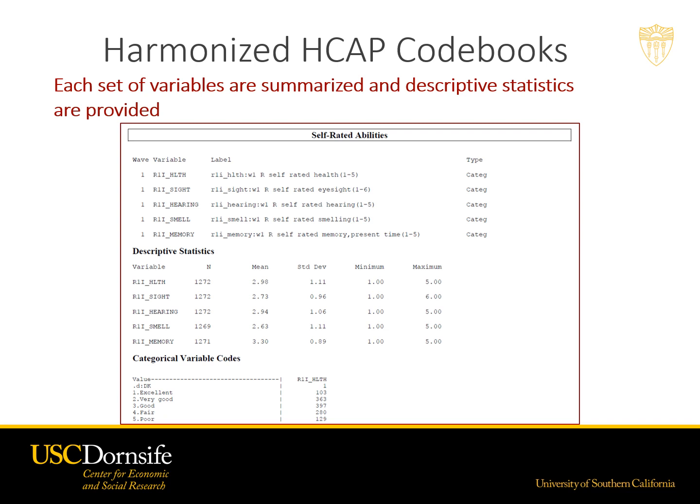Additionally, as you can see, we have assigned special missing values to these variables. A special missing value is a way to indicate missingness with some more information. For the harmonized self-rated health variable, we assign .d to indicate don't know responses. Additional special missing values that we also assign include .r for refused and .s for skipped.